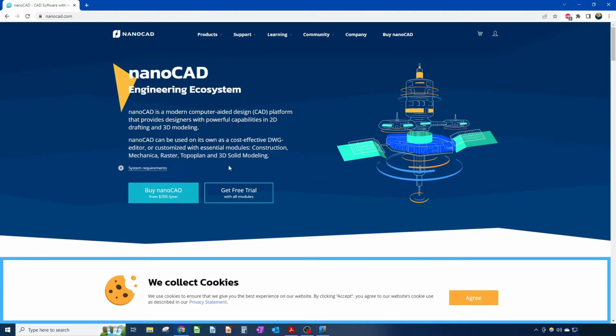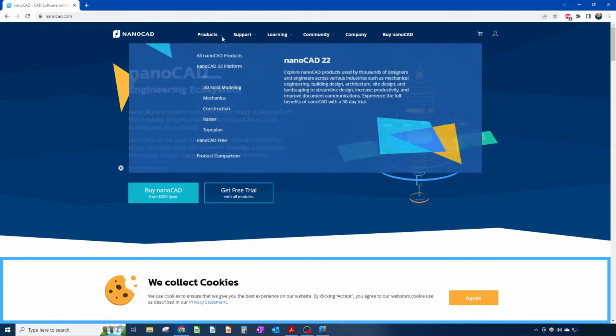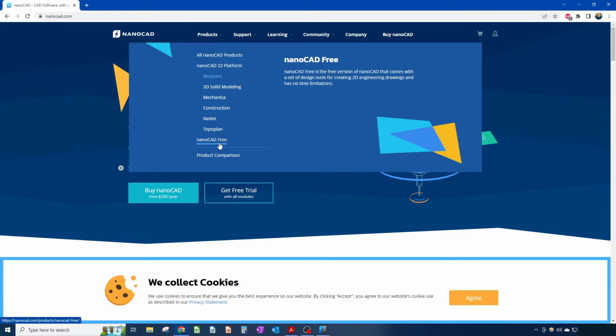What we want to do, we do not want to get the free trial. This is for the newest version of NanoCAD. However, on their website, they do have a free version. It is an older, slightly outdated version, but it's absolutely free, and that's what we're going to be using. So if you go over to products,